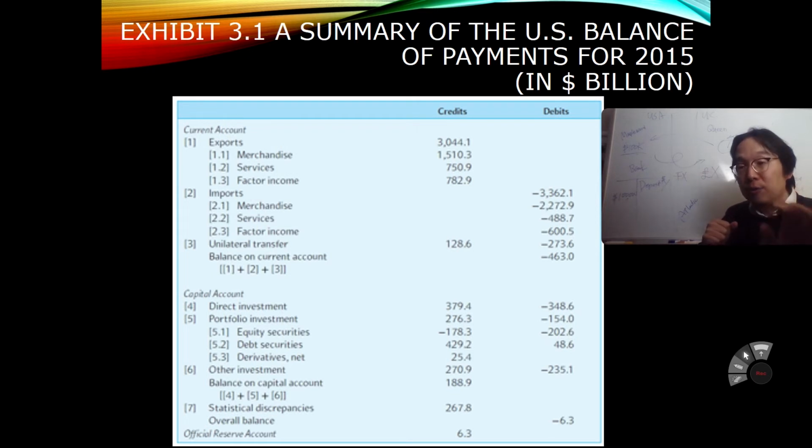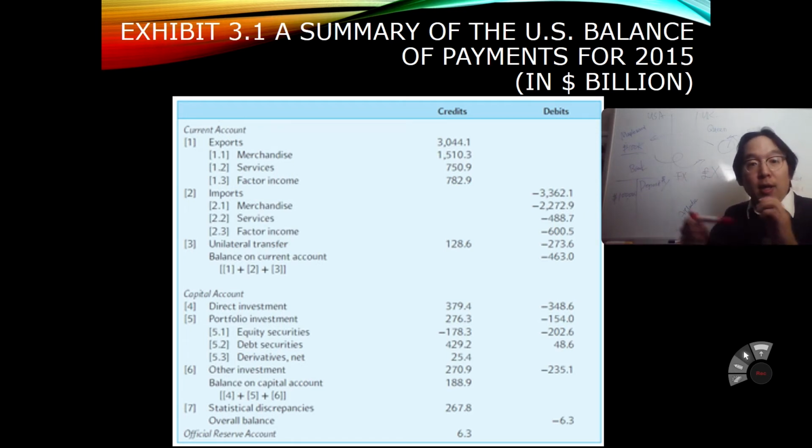And also, if you invested in, let's say, foreign countries' stock, let's say me as a Korean invested in what kind of companies? Let's say ExxonMobil, right? Then they may pay some dividends. I don't know how much dividend they will pay this year because of the screwed up economy. But if they pay any dividend, then the dividend that I received should be factor income in the balance of payments account of Korea.